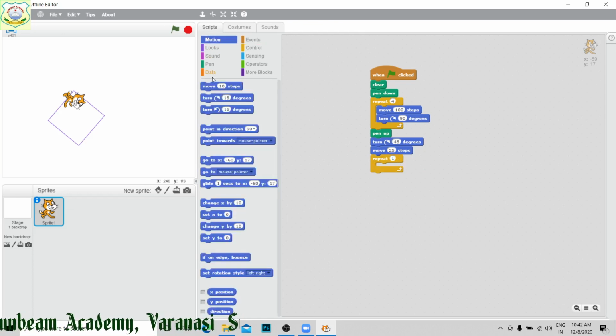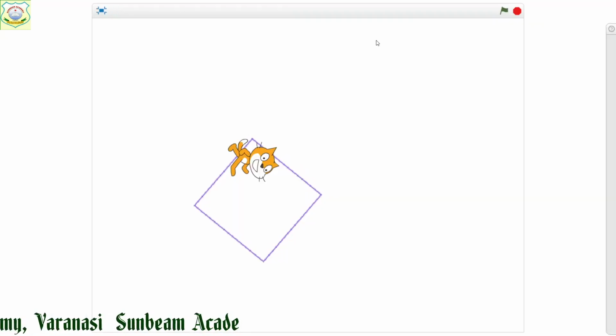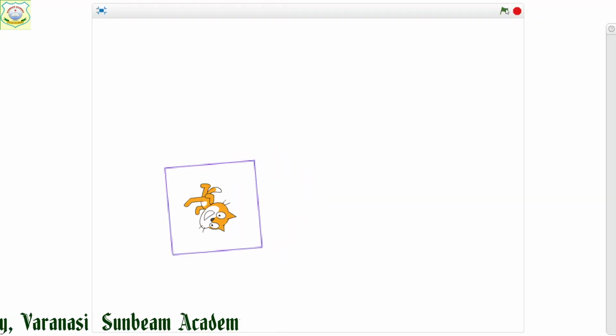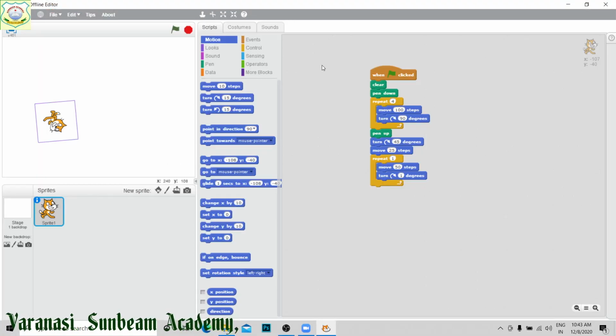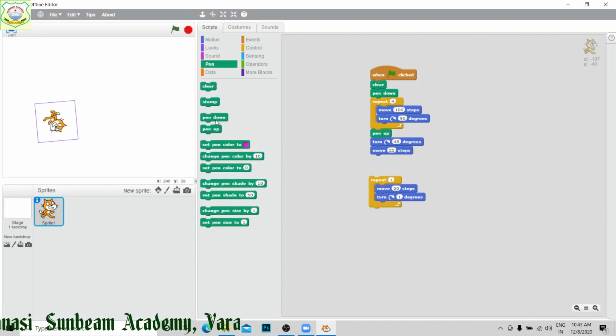Okay, the movement will be of, suppose this is 50 steps, and it will turn for 5 or 1 degree, suppose I have taken. Now see, it has moved, but pen down I have to take from here. What figure it is making, that we have to see.